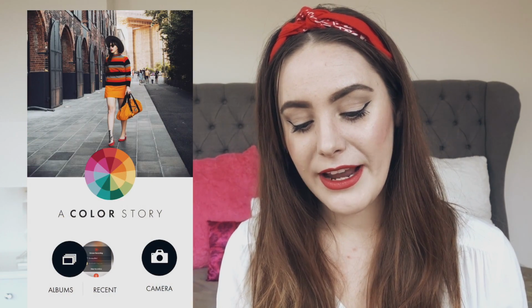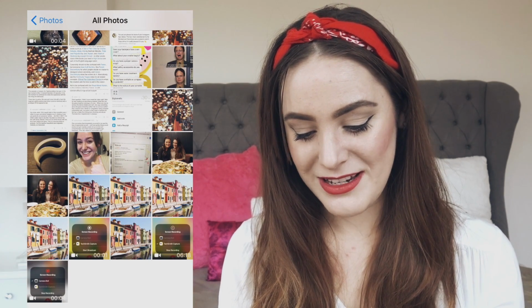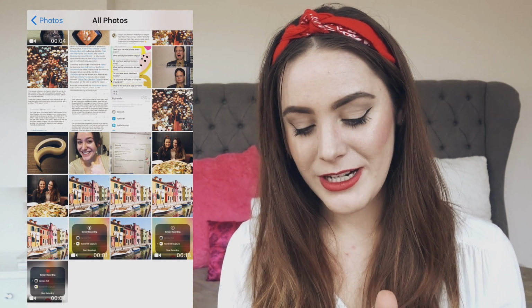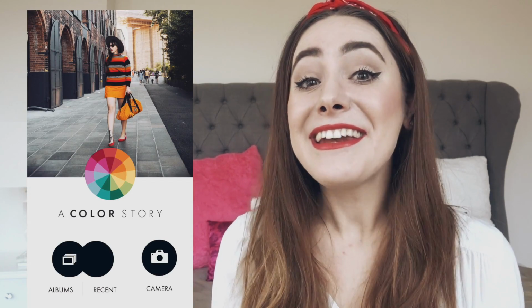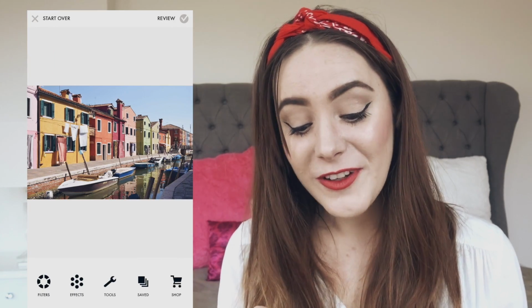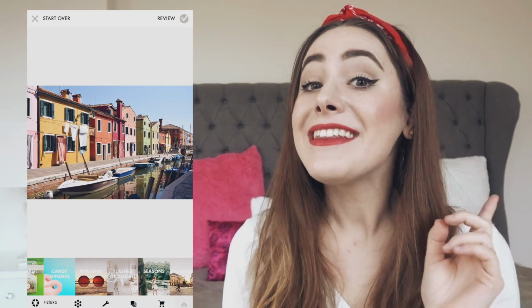Click Color Story, Albums, All Photos. And we're gonna click this one right here. Continue. And now we are gonna go into filters, and right here you can see a really long row of different filters, and these aren't actually the